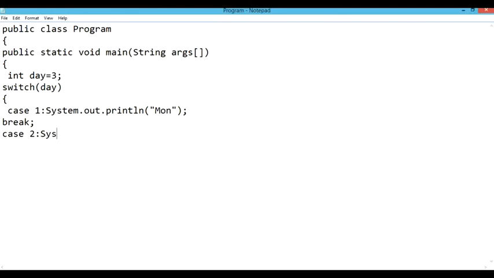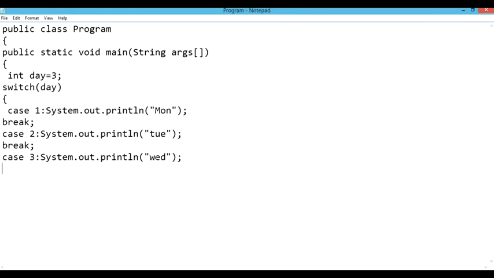In the switch statement example, I have defined a variable, say day, and in the day variable I have given the value as 3. First of all, I will write a switch statement in which I will pass the value of day. You can also get the value from the user by using the input method. The input method we have already done in the previous video. You can also watch that video if you do not know how to enter inputs into a variable. So first of all, I have given the expression switch day.